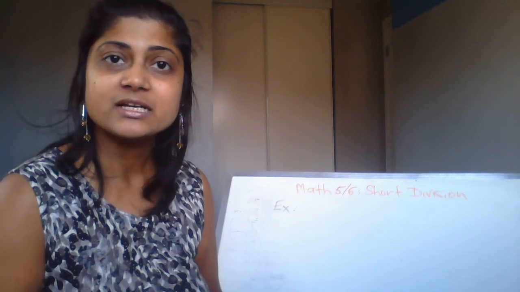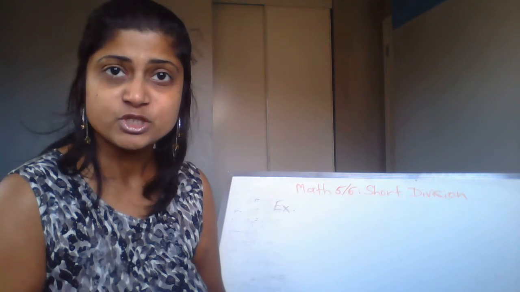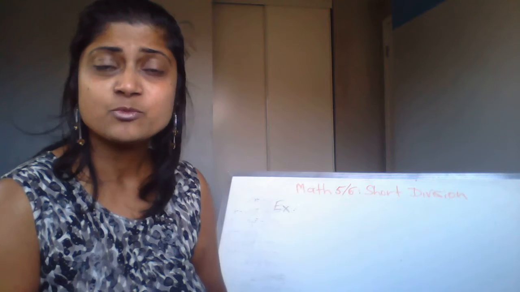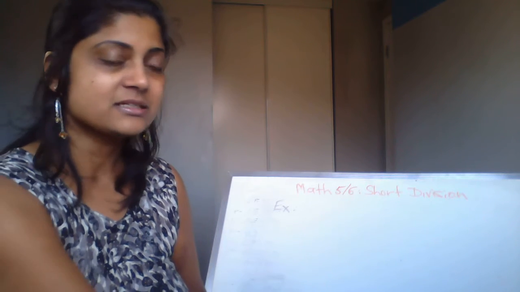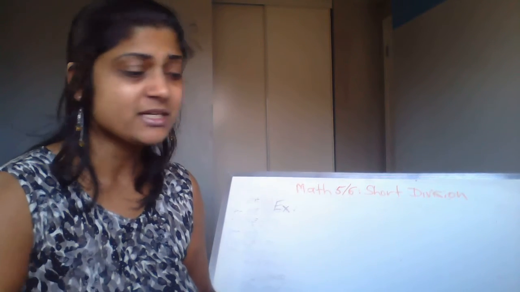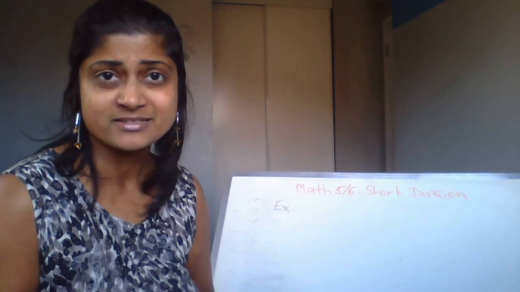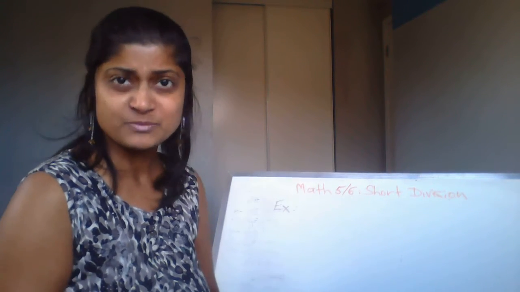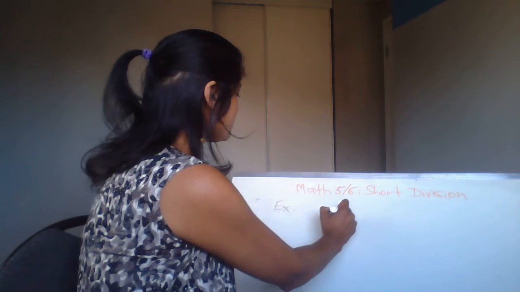And the reason for that is when you're doing the long division, you might end up with a decimal, and we don't want to get confused in terms of where to put the decimal place. So with that, let's get started. I'm going to take some questions from the textbook here. All right, so let's try